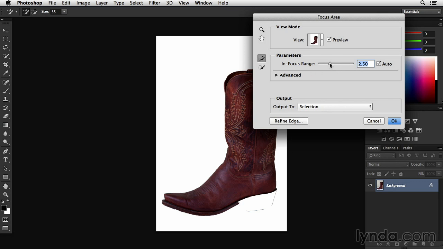If I wanted to tell it to grab more things in focus, I would move it over to the right. As we can see here, though, it now thinks that the background is in focus, so that's gone too far. If I move it back over to the left, then it starts eating away at more of the boot. So I'll go ahead and click on the Auto button again, and then I'll refine it with my two painting